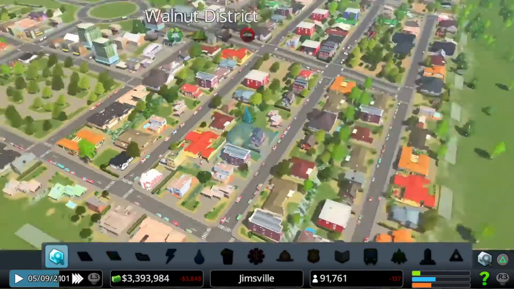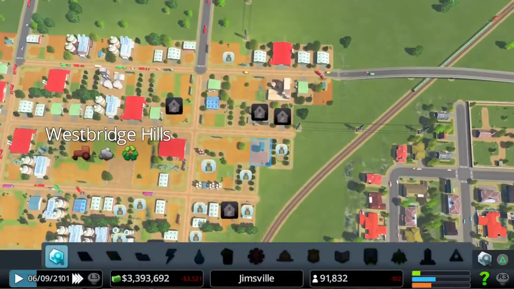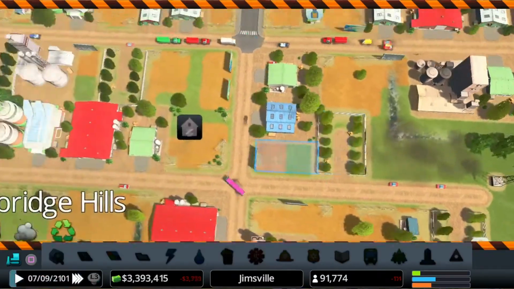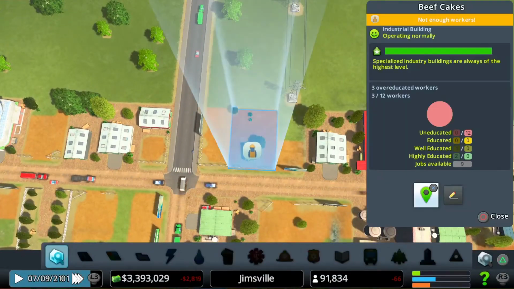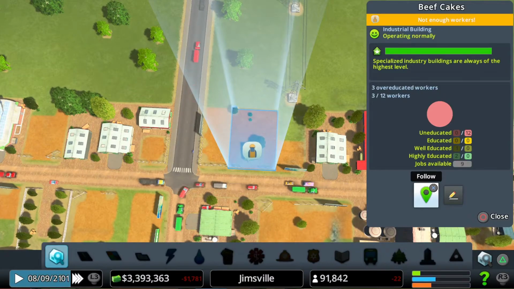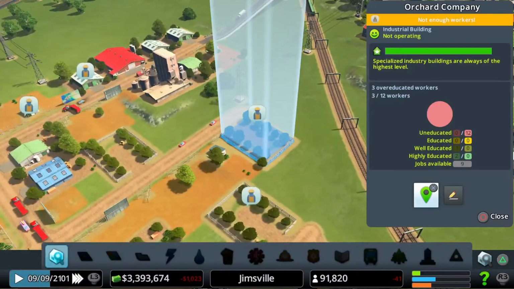This area's filling up really quickly, so that's good. It's going to give us more workers to start dealing with this issue over here. So this one's got 3 people in there, as opposed to having no people, so it's improved. Let's have a look at this one.